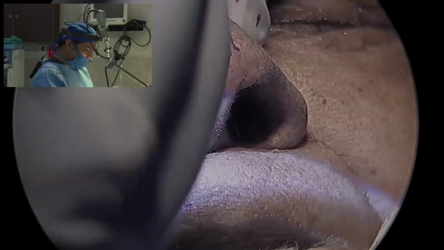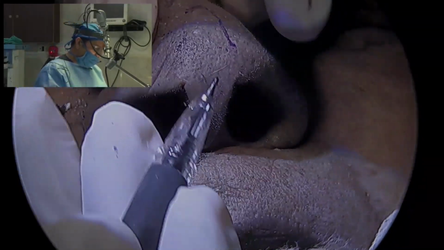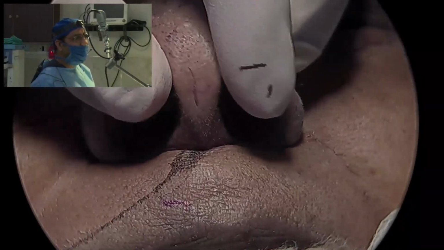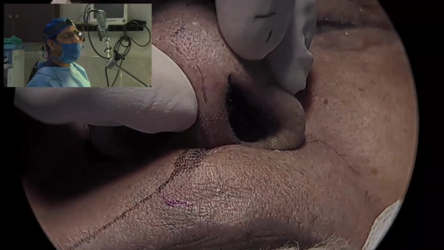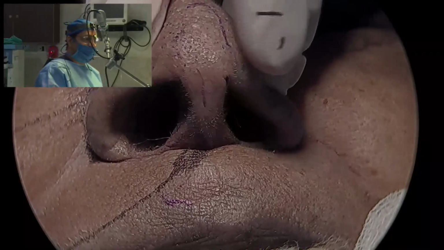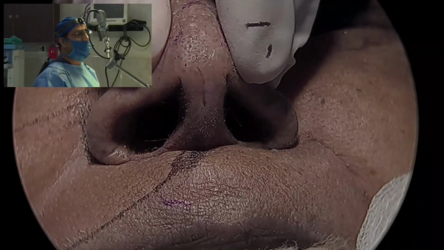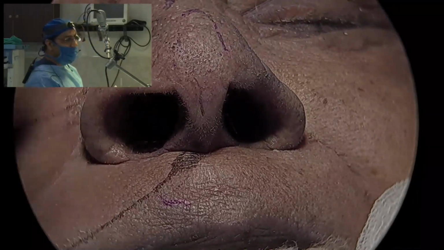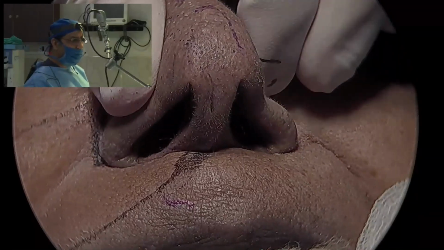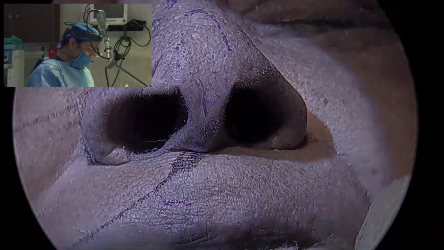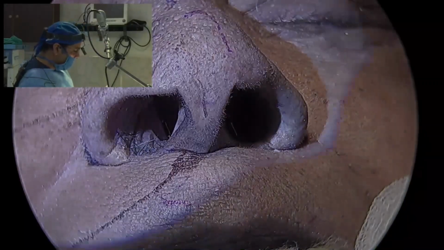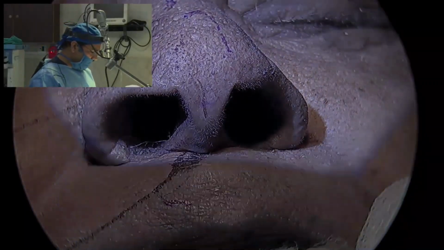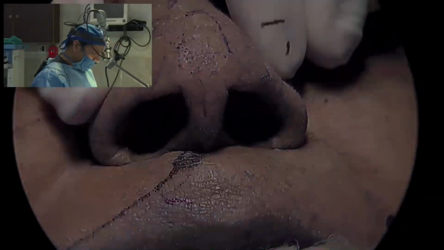And one more importance: in Indian patients we have very thick skin, so during defatting of the tip skin, if you overdo the work, then you damage this subdermal plexus also. So these are the importance of the blood supply. So we discussed one part of the soft tissue envelope, about the surgical landmarks and the blood supply of the nose. Now